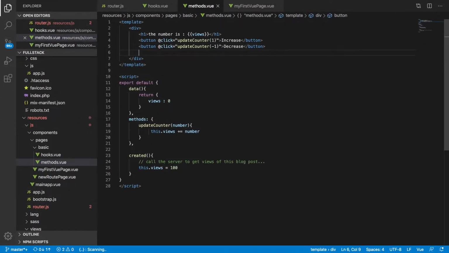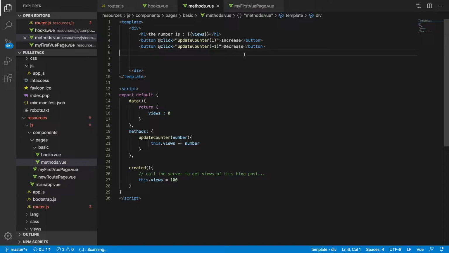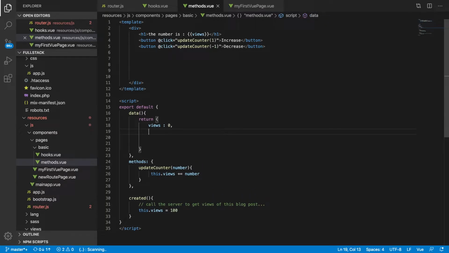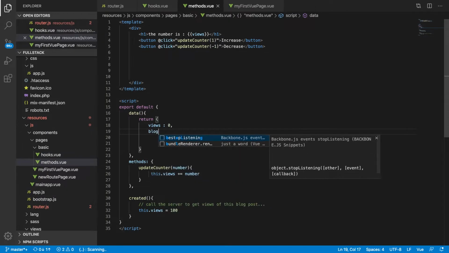Okay, perfect. Now let's make some more stuff here. Let's make some loops. Let's say we have blocks